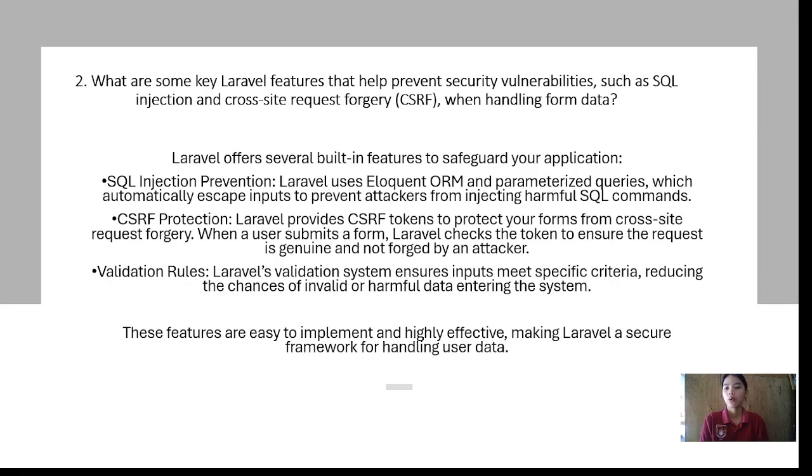Number 2. What are some key Laravel features that help prevent security vulnerabilities such as SQL injection and cross-site request forgery, the CSRF, when handling form data? So Laravel offers several built-in features to safeguard your application. SQL injection prevention: Laravel uses Eloquent ORM and parameterized queries, which automatically escape inputs to prevent attackers from injecting harmful